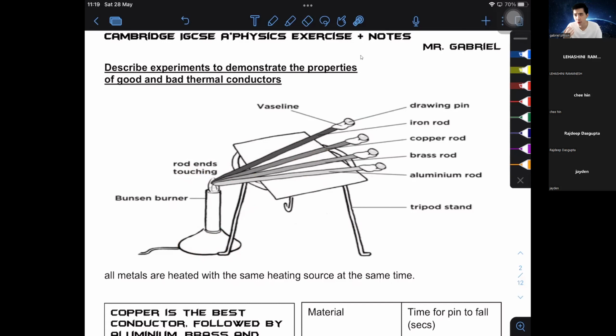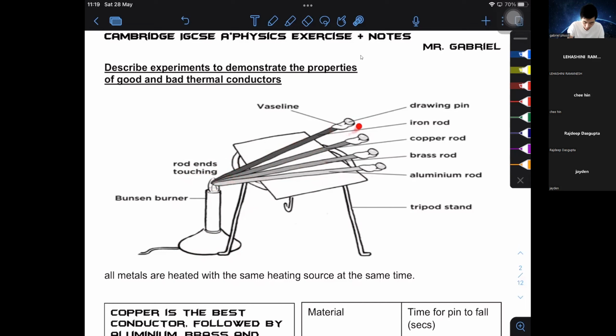Now, even though we know for a fact that metals are generally much better conductors of heat, different metals will generally have different conductivities. It's the same reason like how we learned about specific heat capacity last week, right? Different metals will have different specific heat capacities as well. So because we are heating up these 4 different metals at the same time,